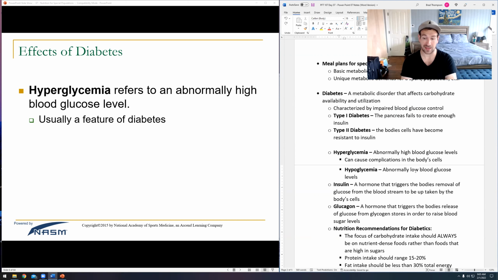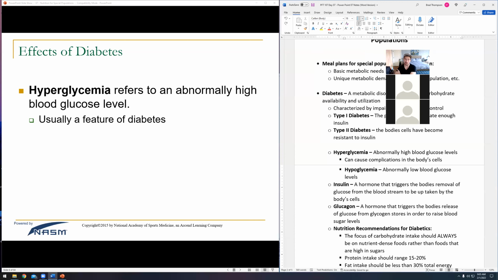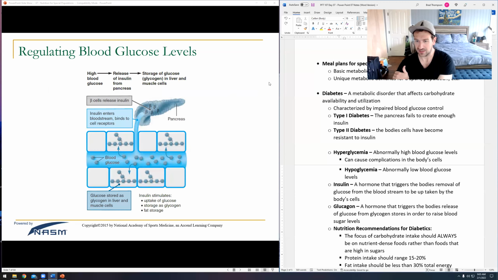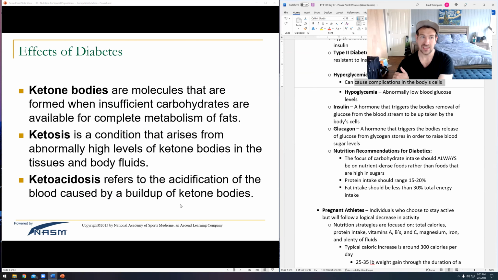But with a type 2 diabetic, they have to be very careful because it's like, well, now you're just flooding the problem even worse, which is where new diabetes medications started to come out, like metformin and things like that, which actually increase the receptor's ability to accept insulin. And that way their pancreas, which is working just fine in a type 2 diabetic, becomes a little bit more effective. So hyperglycemia is abnormally high blood sugar levels, which obviously causes complications, but there's also hypoglycemia.